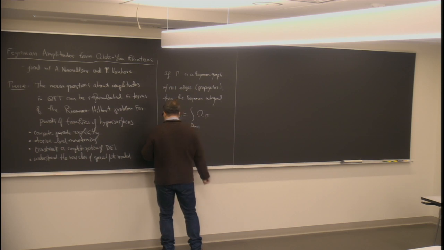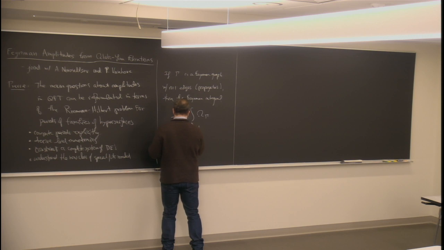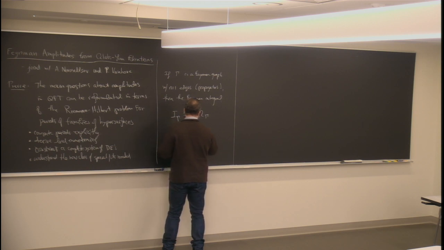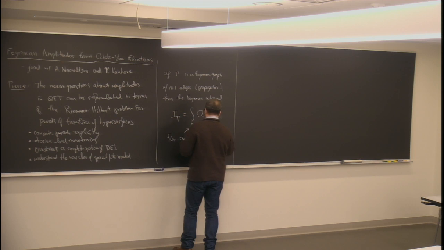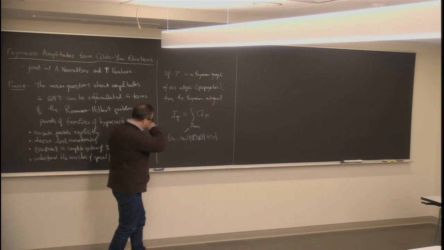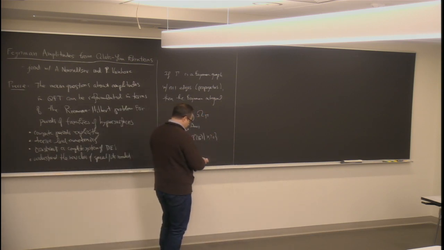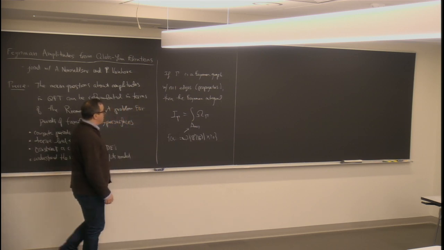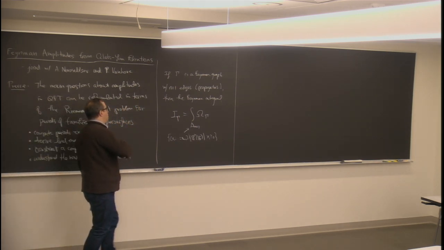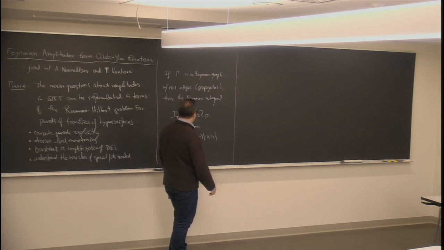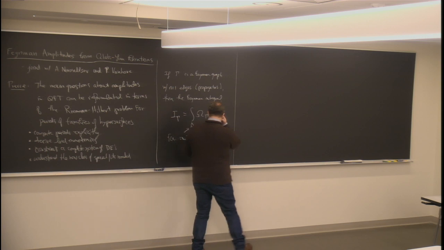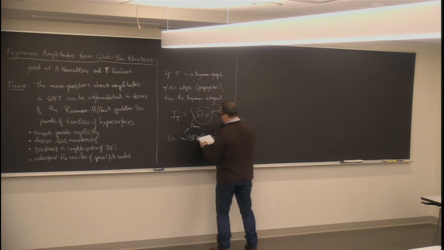This is a positive simplex, so it's given by x1 through x n plus 1 in R such that xi is greater than or equal to 0. These xi's are the so-called Schwinger proper times, but you can think of them as just formal variables of integration. Here they're real, but often one actually does computations with complex variables and specializes the integrals later on to sort of real integrals. And this here, the omega gamma, is a meromorphic